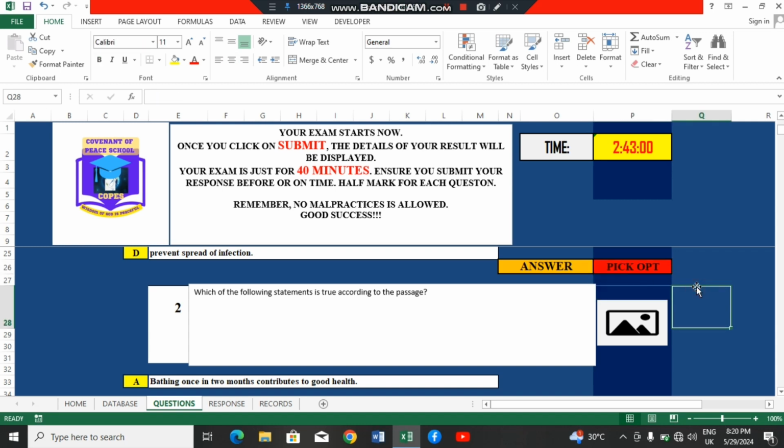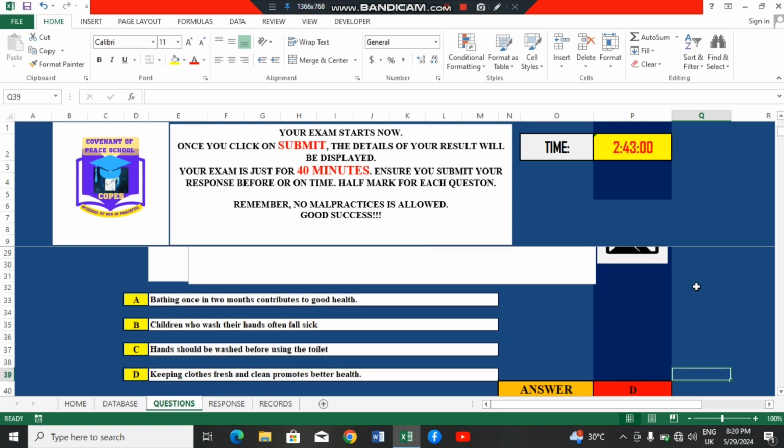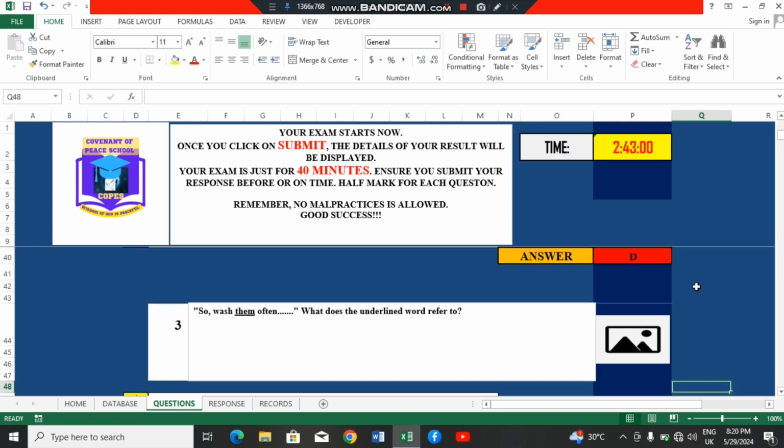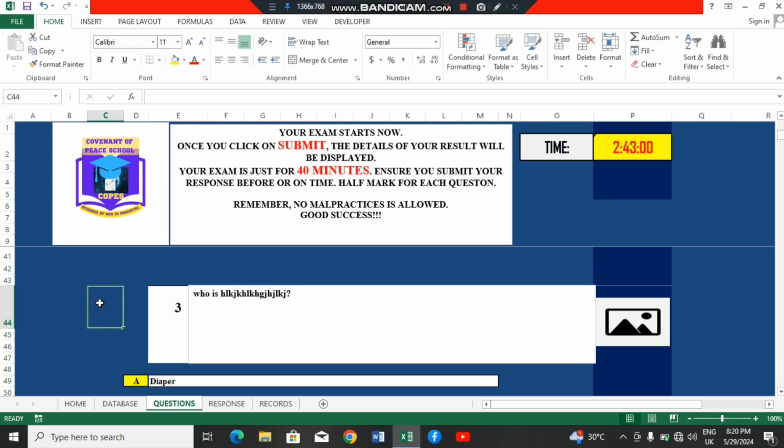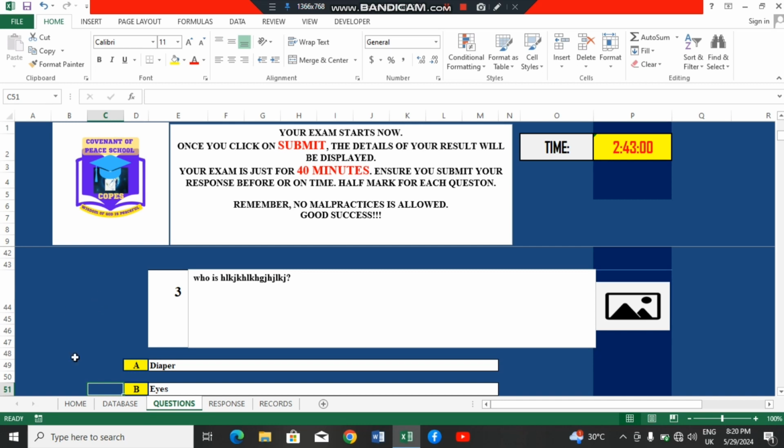With this, you are sure that when the students are coming to attempt the questions, they are not going to meet it as picked. They are not going to meet it as you have picked the correct answer. So for this part also, you can just delete this one, either highlight it, then begin to type. Who, can you see, is the, then you don't type in, you go out of it, then the options, you